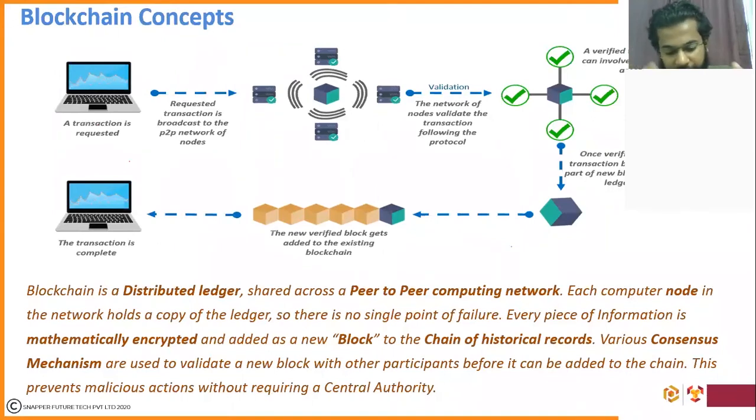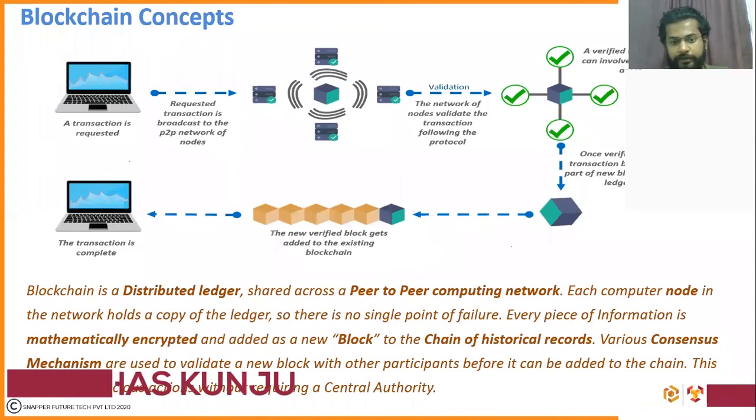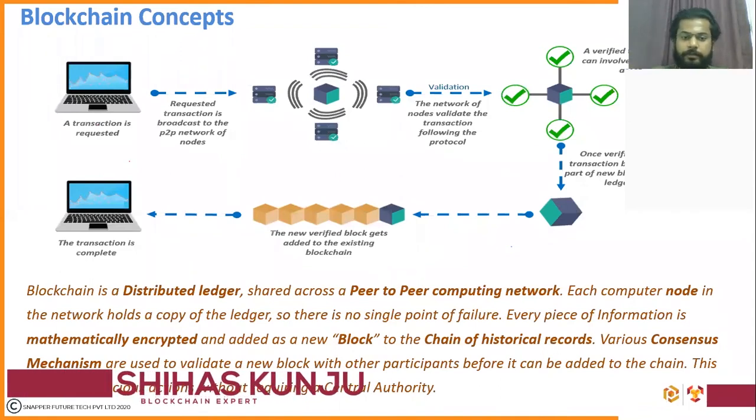Among the miners, as I stated, there are multiple miners who are competing with each other. Whoever is able to solve the puzzle first will put the block ahead into the network first. It will get validated again. Every participant in the network, every node, will take that block and validate whether he has really solved the puzzle or not, and then validate the transactions within it again. So there are two steps of validation: one at the individual transaction level, the second at the data structure level, that is the block level.